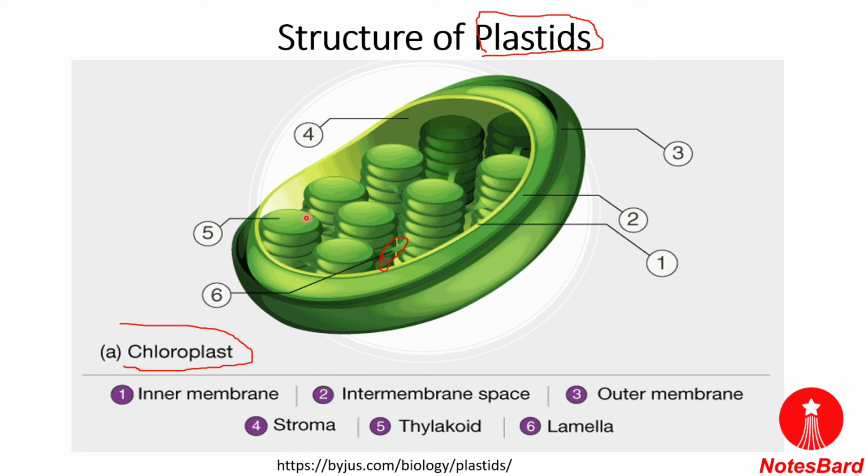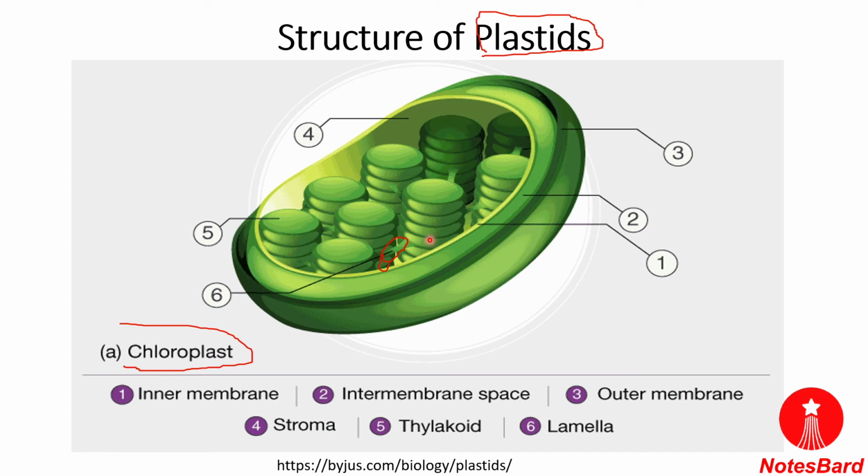Now what about the stroma? We have already discussed that there are two distinct regions, and the grana we have discussed. Now comes the stroma. The stroma is the homogeneous matrix that contains the grana, and it is similar to the cytoplasm in the cells, in which the grana are embedded. The stroma also contains various enzymes, DNA, ribosomes, and other substances. Stroma lamellae function by connecting the stacks of the thylakoids.